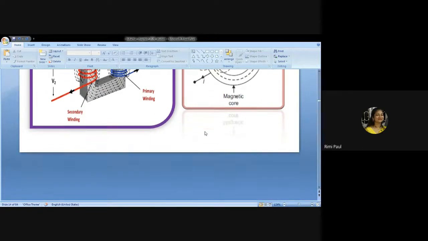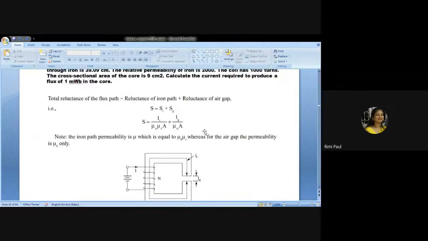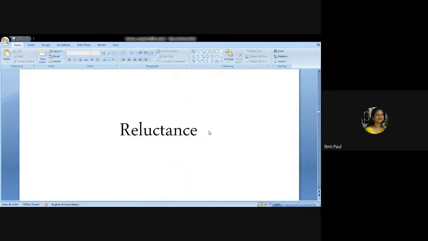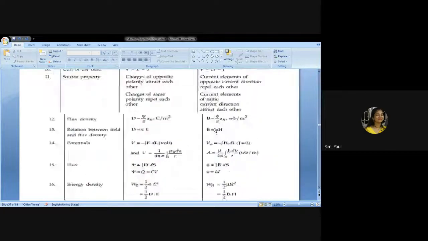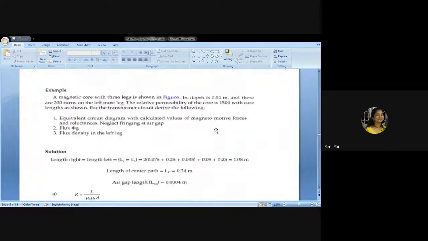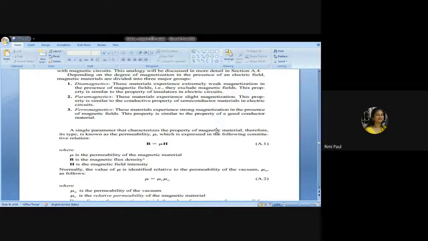Now how to find out M, that means mutual inductance for both of these coils, you have seen, and how to find out self inductance also you have seen. So there is nothing required extra for